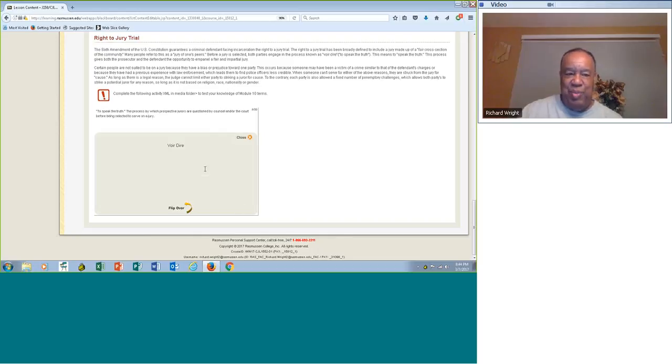Voir dire, which means literally to speak the truth, is the process by which jurors are selected, and questions are asked to the jurors about their propensity to prejudge or those kinds of things. Usually, in most jurisdictions, there's a card that they give to us as attorneys that the individuals have filled out before the trial, and it tells us information so that we can posit questions to determine to use what we call